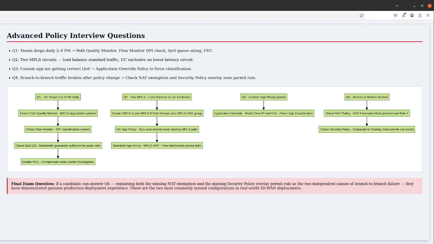The second advanced question is: you have two MPLS circuits from different carriers at a large branch. How would you configure the network policy to load balance traffic across both circuits for standard applications while keeping UC traffic exclusively on the lower latency circuit? The answer involves creating two separate path groups, MPLS carrier A and MPLS carrier B, and an MPLS any group